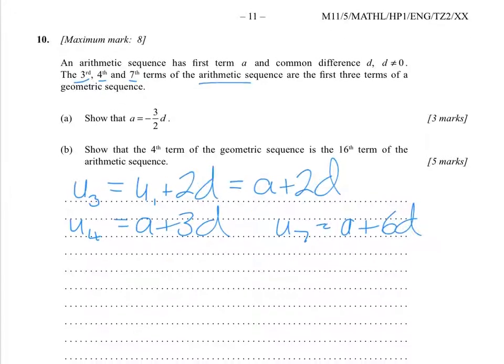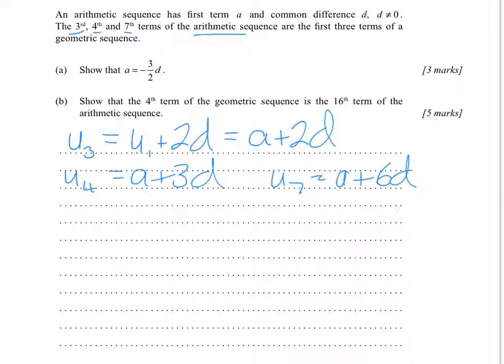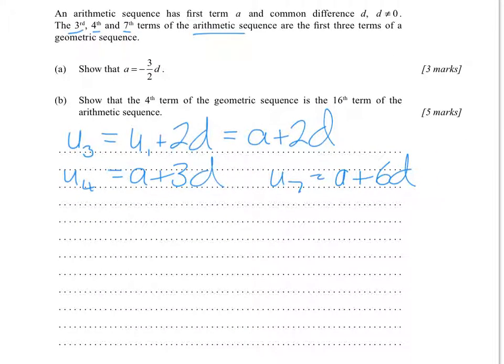Now, if those three terms form a geometric sequence, then that means if you do u7 divided by u4, you get the same answer as if you do u4 divided by u3. So using these expressions, I can rewrite that as u7 becomes a plus 6d,